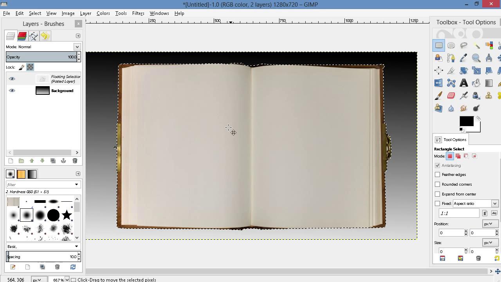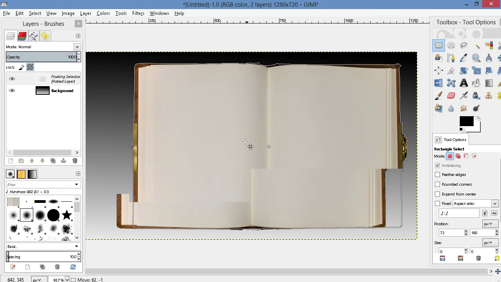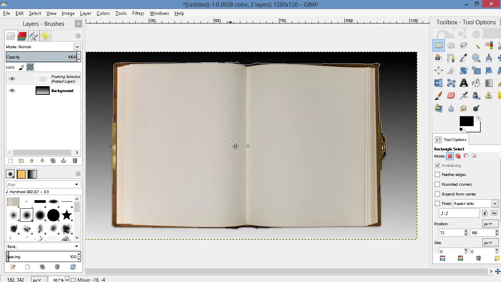Alright. Once you have that image right there where you want it, and you know it's going to be there, you're going to want to click outside the book. Once you click outside the book, that image is set in that section on the thumbnail already. And if you accidentally click outside the book where it was highlighted and you didn't like the position that it was in, all you got to do is hold down Control and hit Z. Bam, it's highlighted again, and then you can move it all over again. So I'm just going to go ahead and put it back right there, click outside the book,